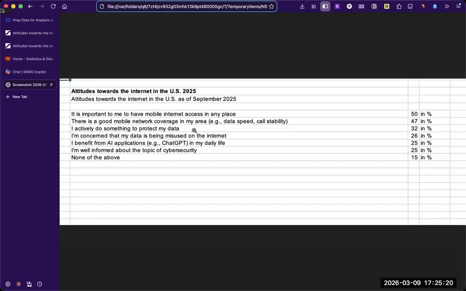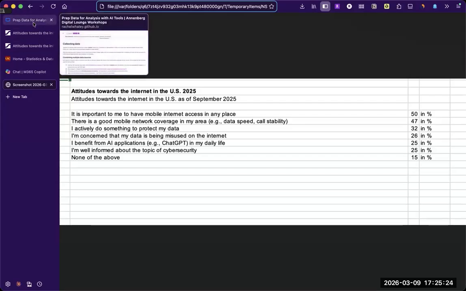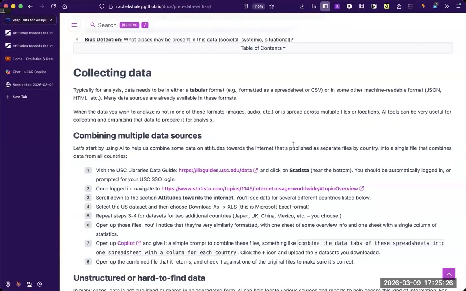Okay, anybody have any issues downloading? Everybody got files? Okay, great. Cool. So what we are going to do is, first of all, identify that this is a great use case for AI, right? We have multiple different data files. They're formatted very similarly. I know in my head, if I were going to combine them, I'd just be copy pasting over and making sure all the lines match, right? That's all I'd be doing. That's a great task to outsource to